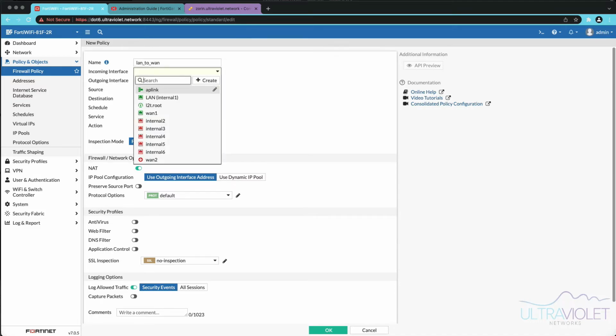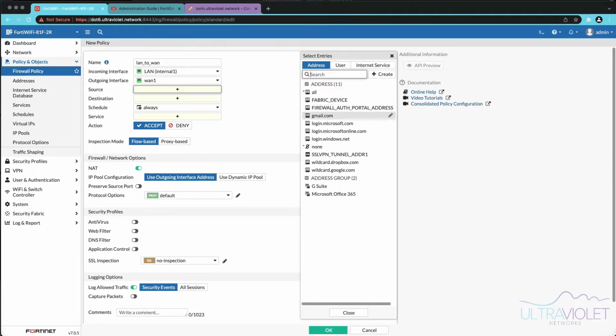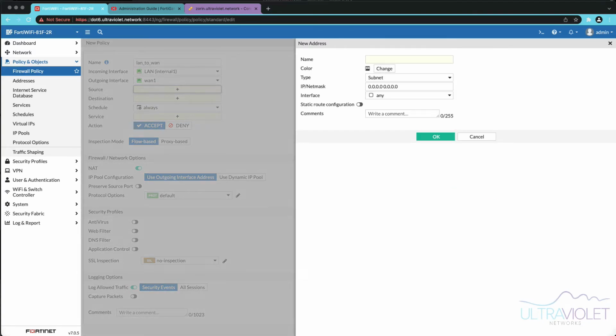Our incoming interface is going to be the LAN. If you picture a packet leaving a computer going out to the WAN, the first interface it would go in through on the firewall would be the LAN facing interface. And the interface you're going to exit out of is going to be the WAN. Now for the source, you should be as specific as possible. So we're going to create an address object for the LAN, and it's